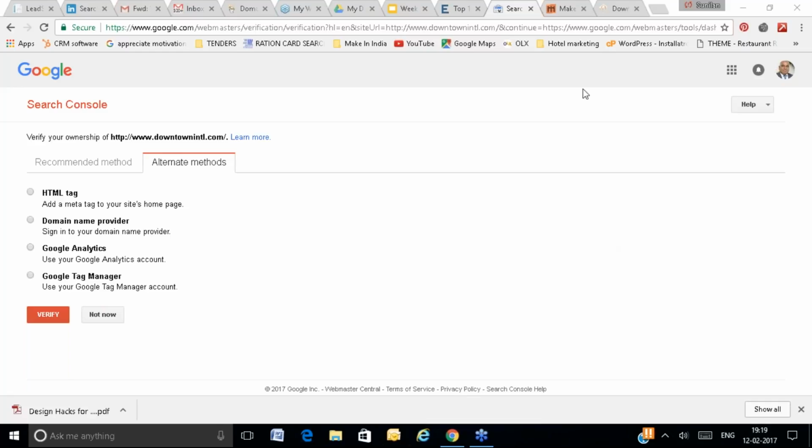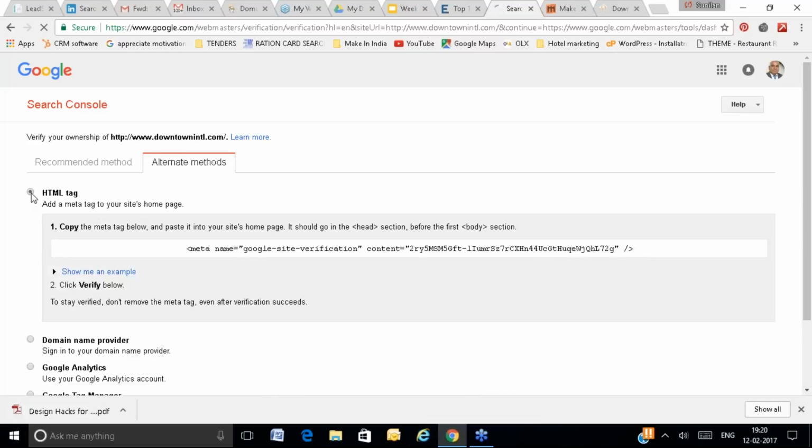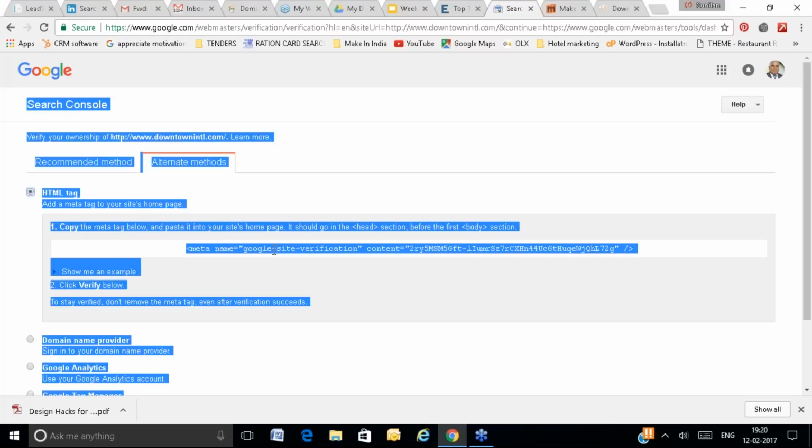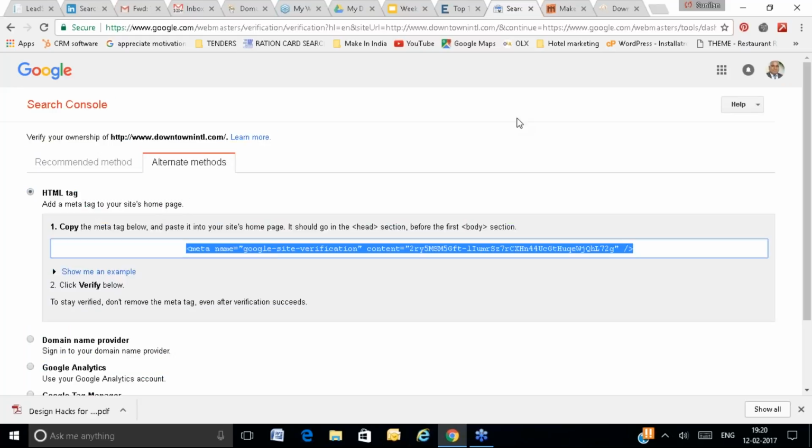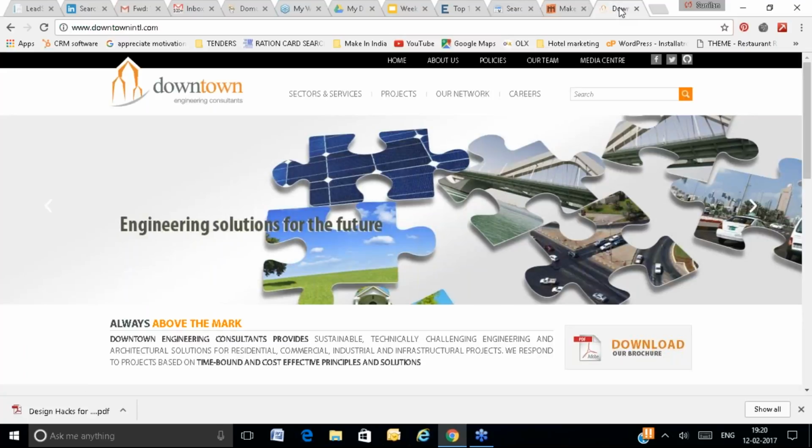If you have created your own WordPress website, you can just go to the Google Search Console, enter your Gmail ID, and then you can click on HTML tag, right? You can click on HTML tag, and here you will copy the code. You have to place this code on your website.